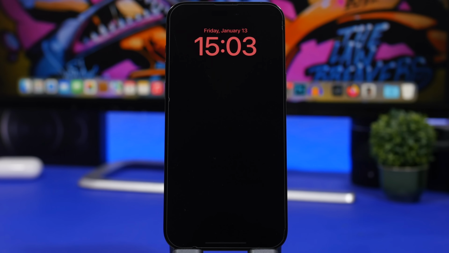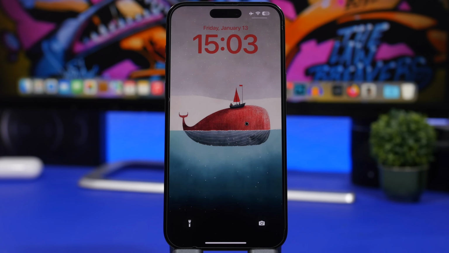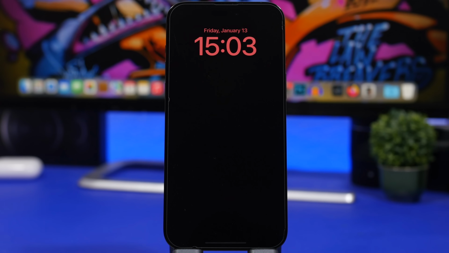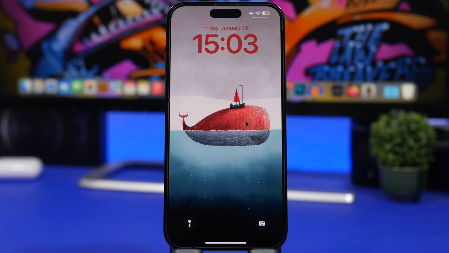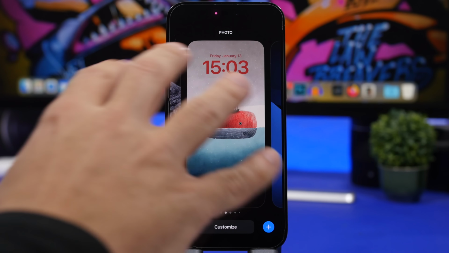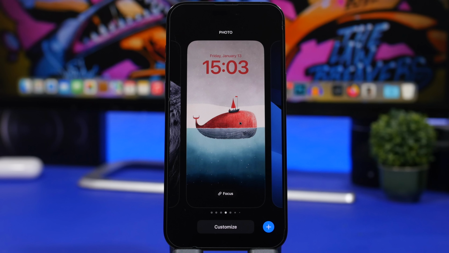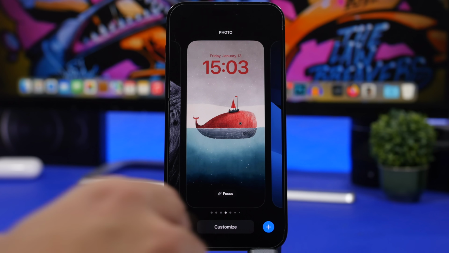Now here's one very simple one which I suggest everyone does. So when you have a wallpaper on your lock screen, you of course have the chance to change the color of the clock and the time, and of course the widgets as well. Most people will just put a white color or maybe a black color, and it doesn't look that good. What I suggest you do is go ahead and take a look at the wallpaper that you have. In this case I have this wallpaper with this whale here, and all I have to do is go to